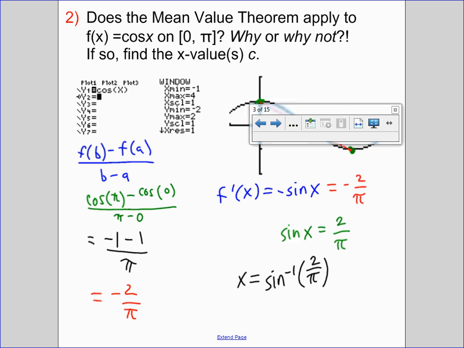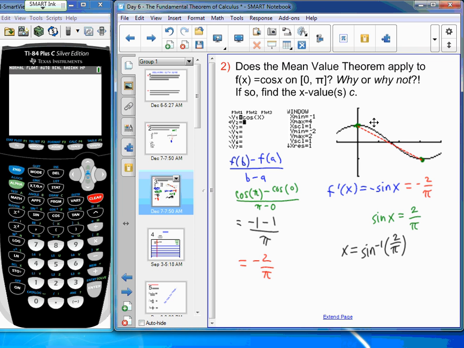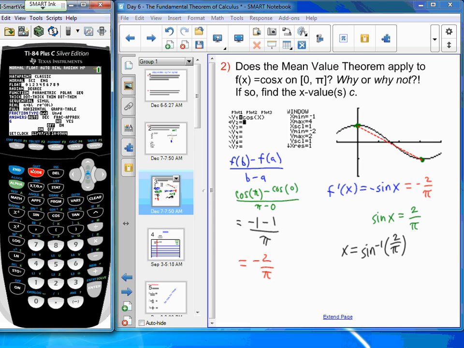Since this is not an exact value from our 16-point unit circle, we're not going to get a root 3 over 2 or a pi over 4 or anything like that. We have to go to the calculator to get an approximation, but we want to make sure that we are in radian mode. So everybody, let's do a quick check and make sure that we're in radian mode, and we'll determine what angle x produces a value of sine that is 2 over pi. So here we go, inverse sine of 2 over pi. And it looks like at about 0.69 radians.